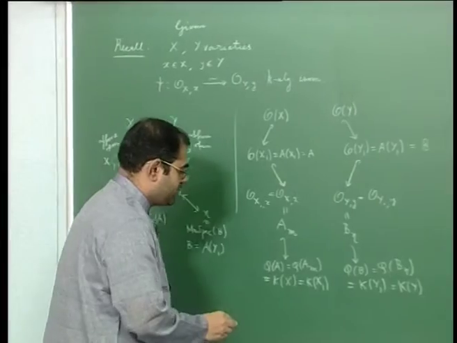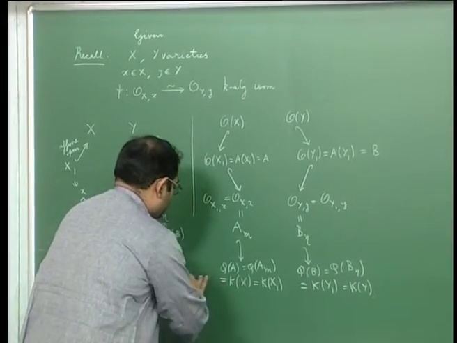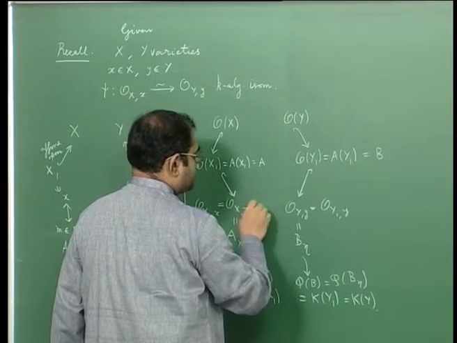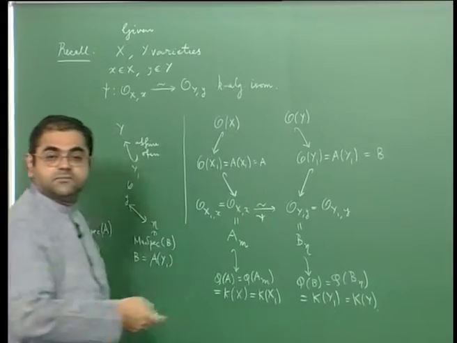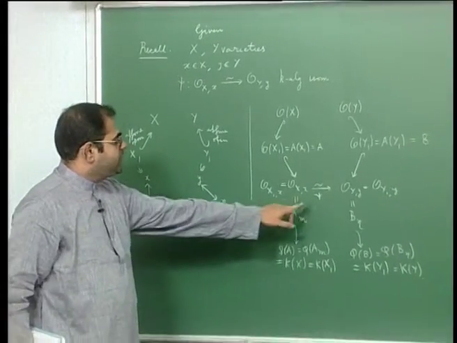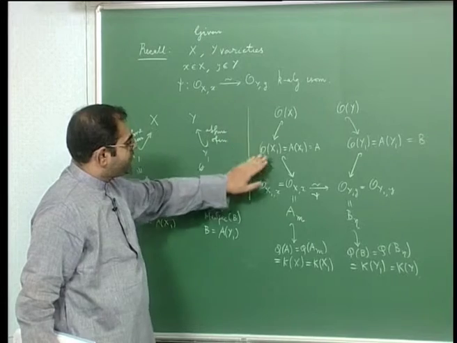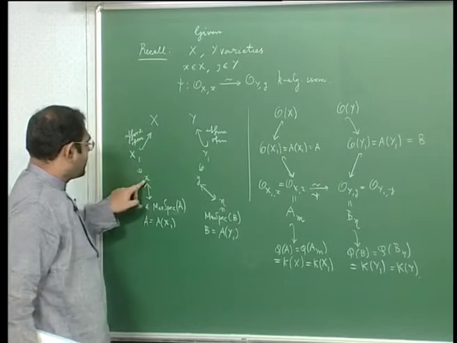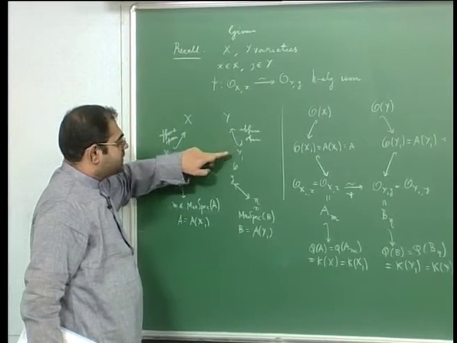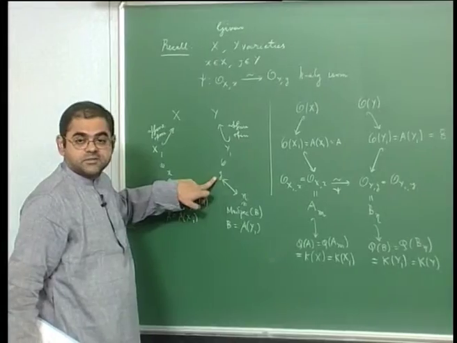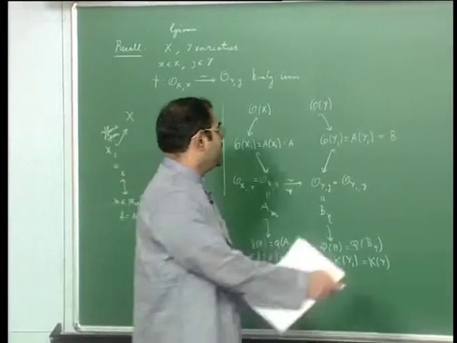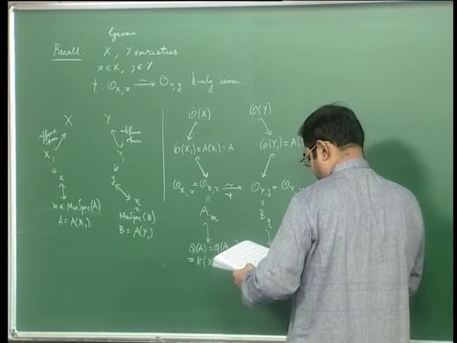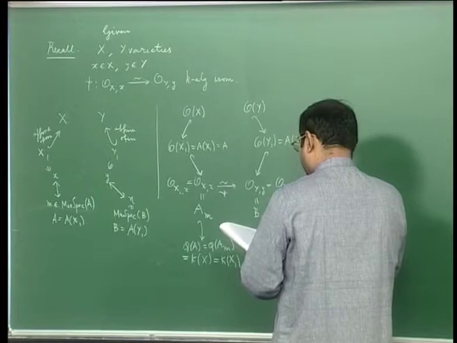And the point is that it's at this level, so I have this isomorphism here, this psi is given to me, alright. Somehow I have to use this psi to produce an isomorphism between an open subset of x1 containing the point x and an open subset of y1 containing the point y. So I have to somehow cook up those open sets, okay. What we had done is that